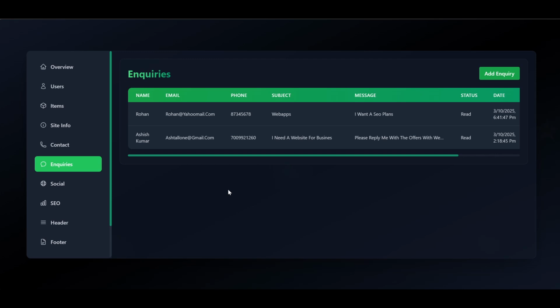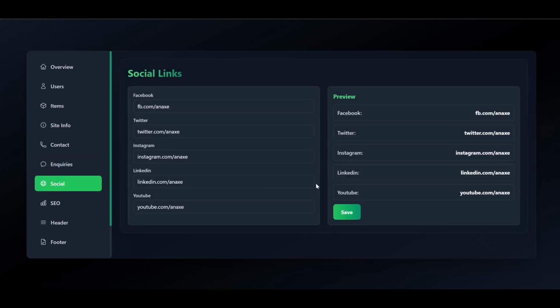Next, we have the social management section. Here you can easily manage all your website's social media links in one place. You can add, edit social profiles as needed. This ensures that your website always displays up-to-date social links, making it easy for visitors to connect with you on different platforms. Like, I change that. See, you can see the